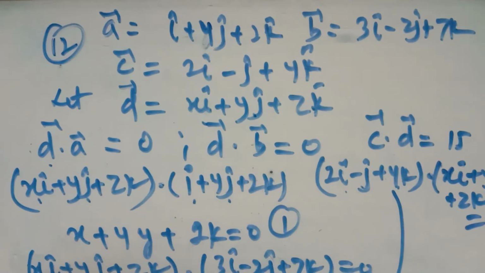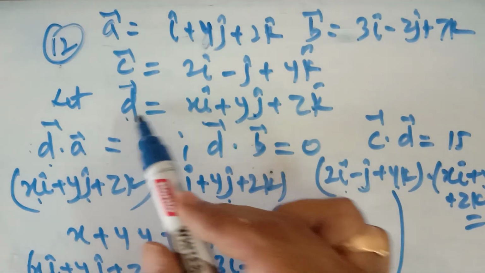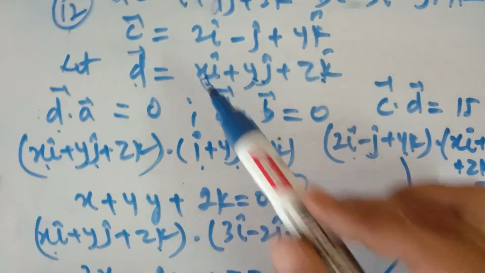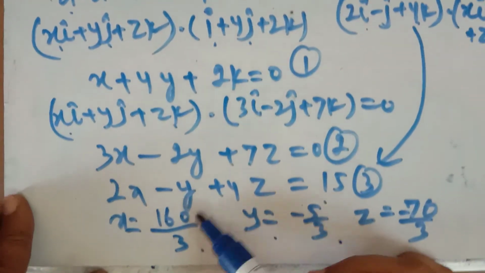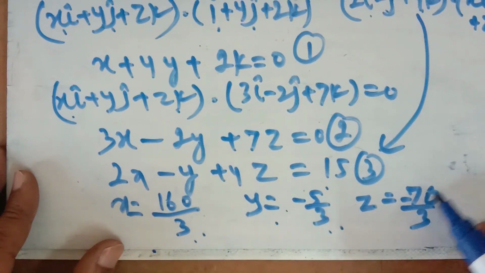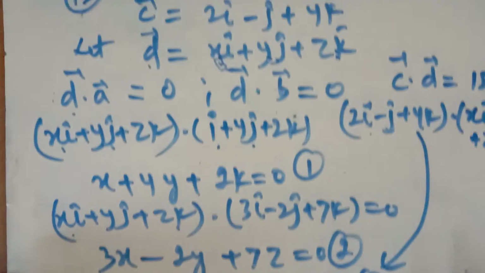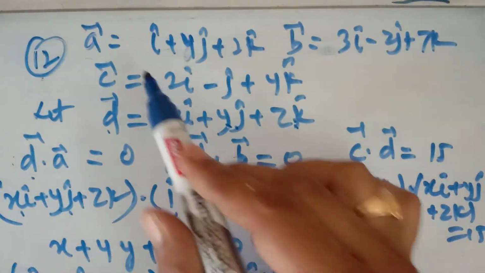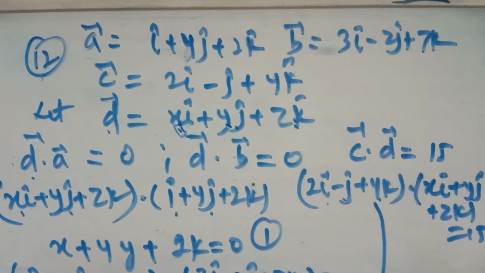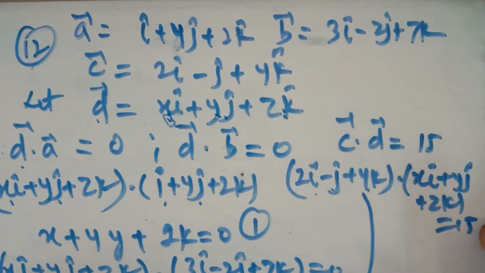When you replace these values in the vector d with xi, yj, zk, you will get the vector d as how much? You will get 160i upon 3 minus 5j upon 3 minus 70k upon 3 is the required vector, which is perpendicular to the vectors a and b, and the dot product of this vector d with c is equal to how much? It is given as c. So this question is based on the dot product of the two given vectors. So this was the question number